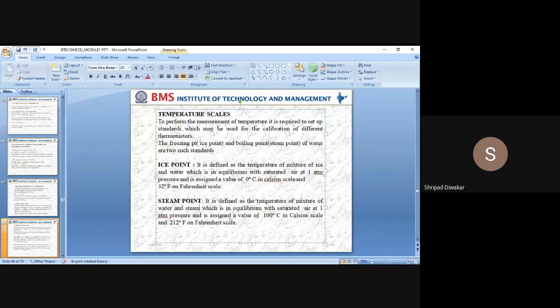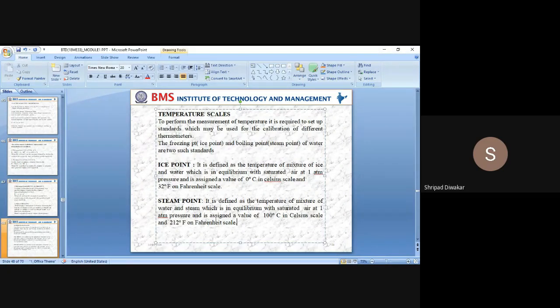Okay. So I said we have to remember the general equation, that is T equals AL plus B, where T is temperature in degree Celsius, and A and B are constant values. We are going to determine the constant values A and B by knowing ice point and steam point, and L is the thermometric property. As the thermometric property changes, temperature changes.